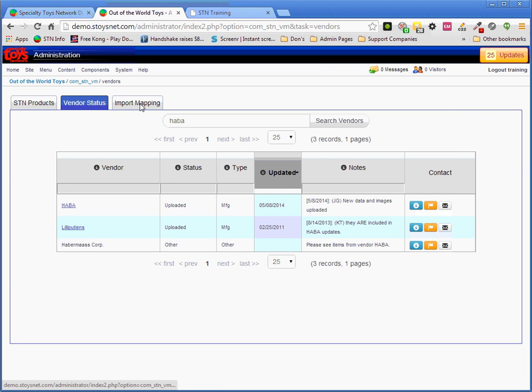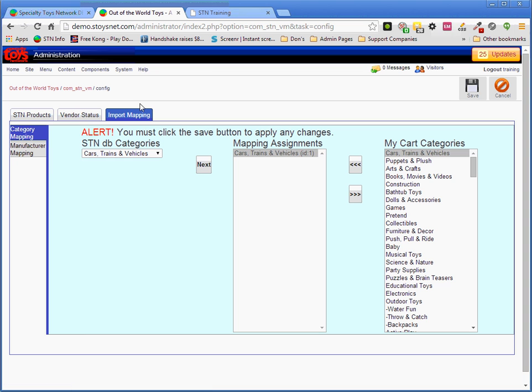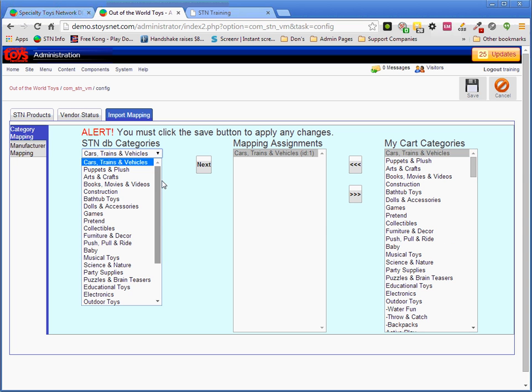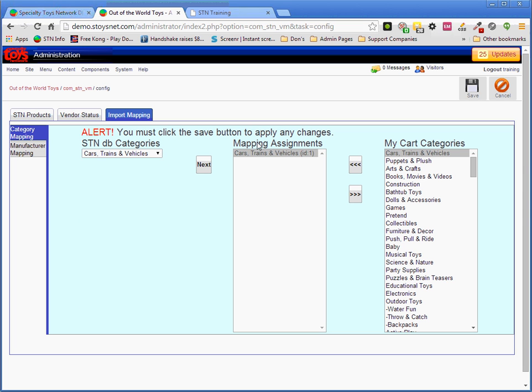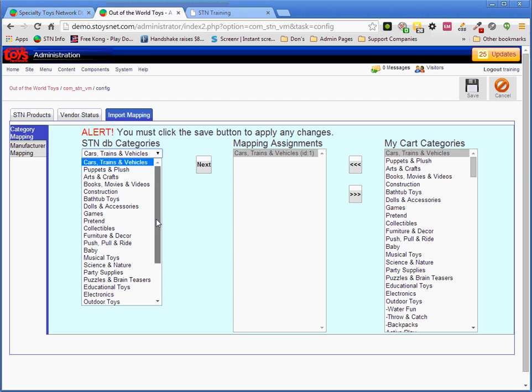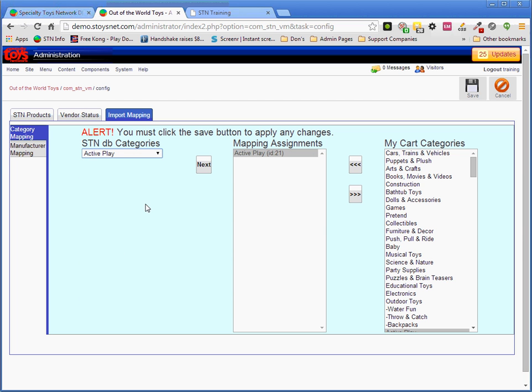The next tab is the import mapping. By default, when you get a site from Specialty Toys Network, you'll have what we call the standard categories set up on your site, and they'll be mapped to the standard categories that we have in our database. Now, you could remove all of the categories and create new ones, and they would not have the same name or identification matchup. This allows you to take a category in our product database and match it to a category